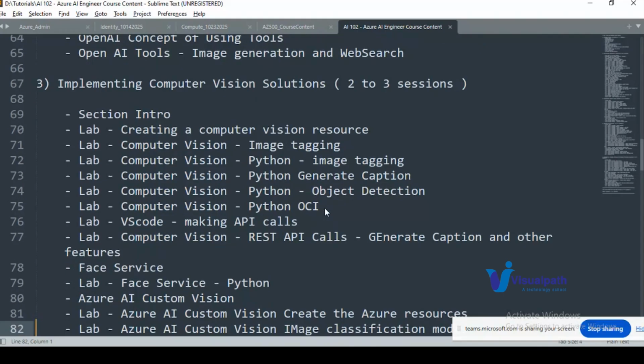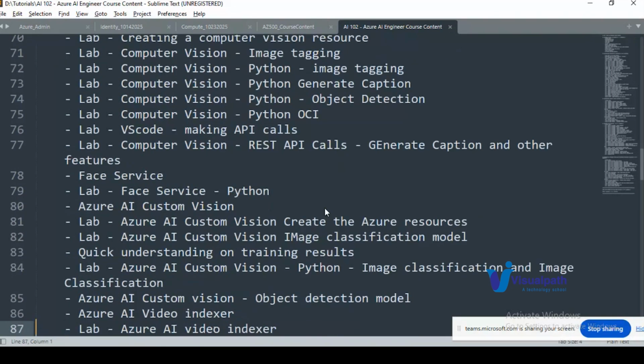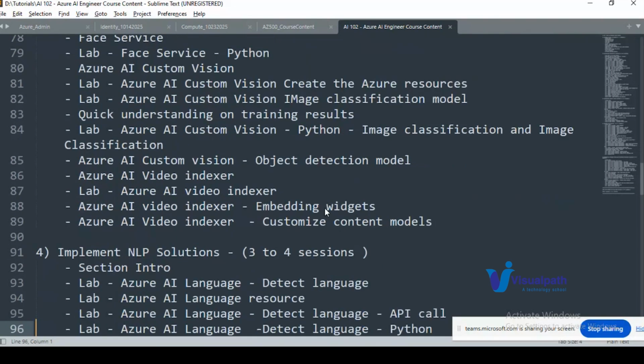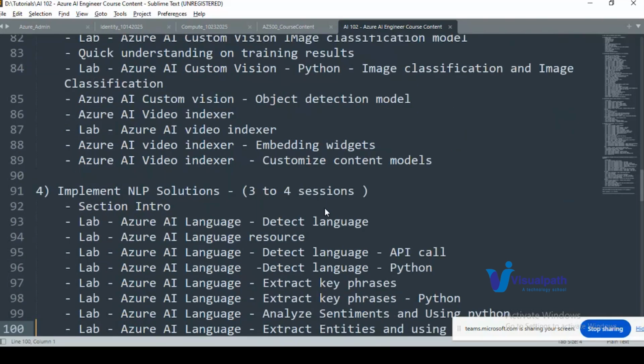Embedded in the image. That is something that we'll look into in computer vision solutions mostly. Okay, we'll see the image classification model, we'll see object detection model, indexer, all these things we'll see. Then the fourth topic, the broader topic, is going to be implement NLP